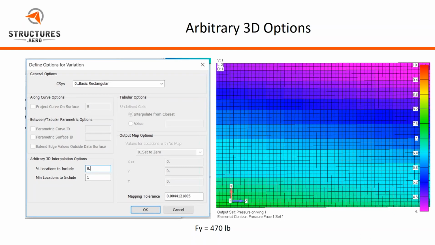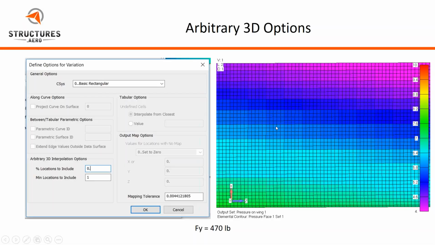And so now if we look, this was done only including 1 location. So what this did is this found the closest point and it directly applied that pressure. And so if we look at this, there's kind of clear squares of the pressure distribution where it just found the closest point here, applied that pressure. And so